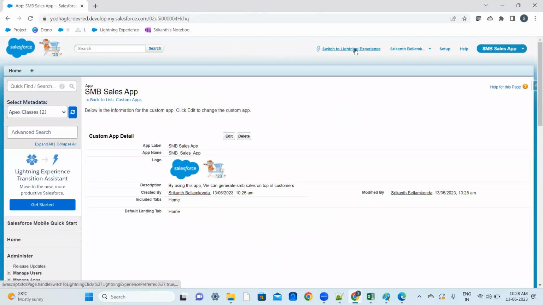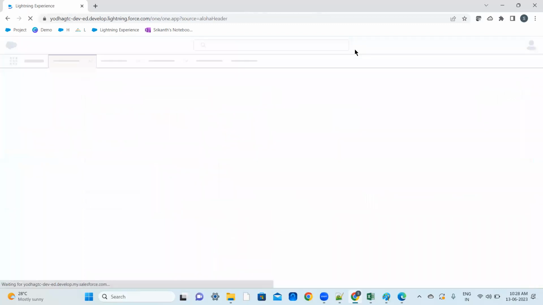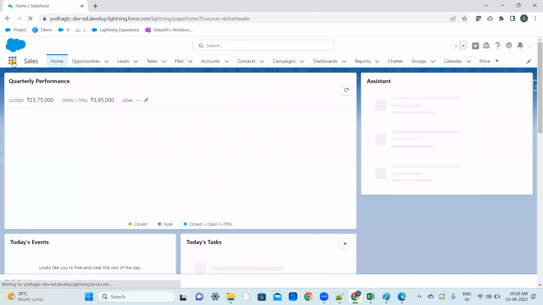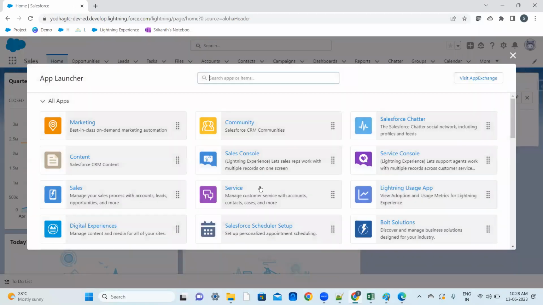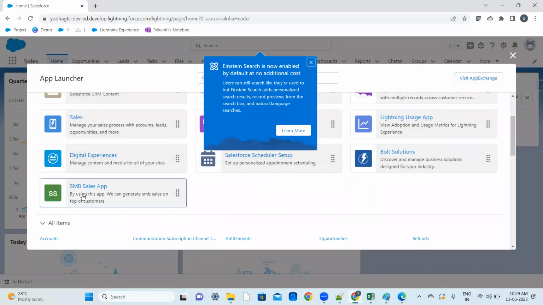Now go to Lightning Experience. Click on this. Is it showing or not? Earlier it is not showed. What could be the reason? You never checked that checkbox, Show in Lightning Experience. Now when I launch this one,